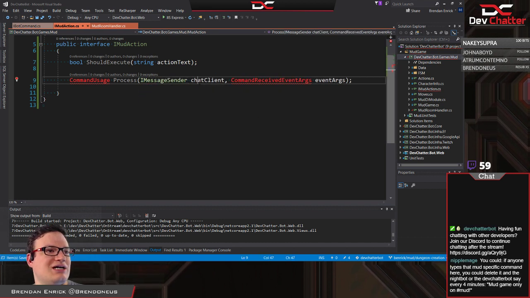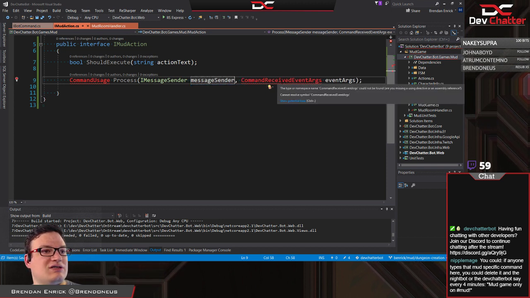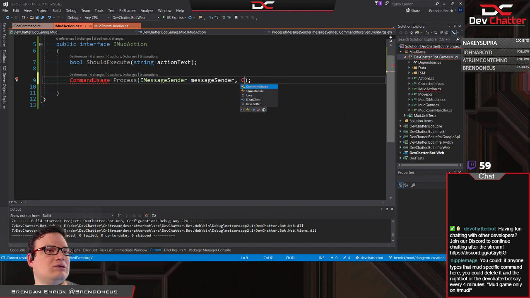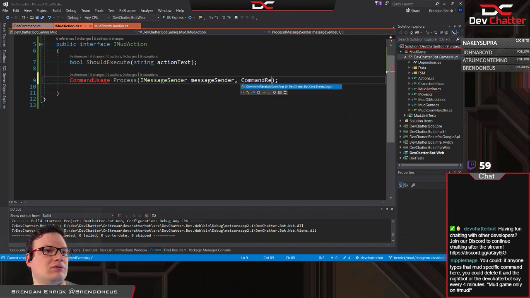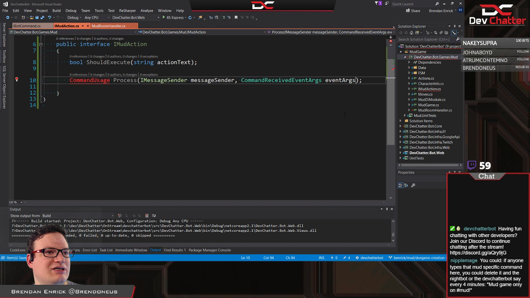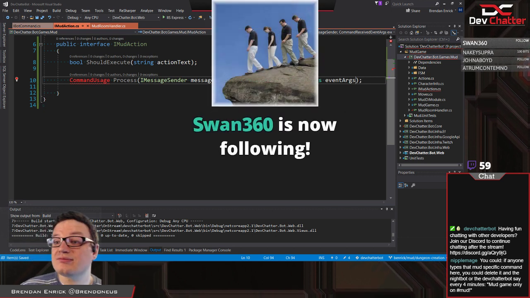I don't want a full chat client if I can avoid it. So message sender, and I guess we will use a CommandReceivedEventArgs for now, but I kind of want to pass something better than that. We'll see what we get.